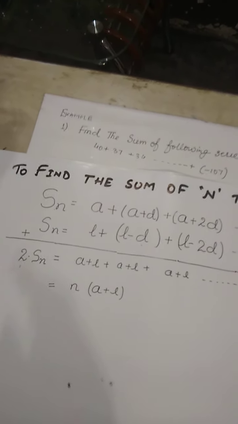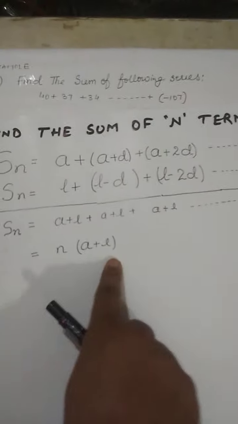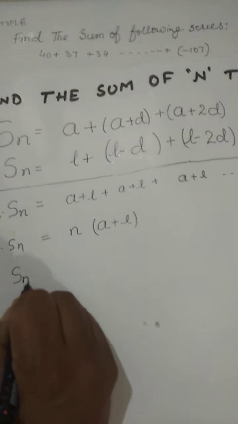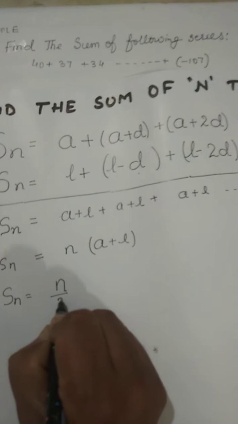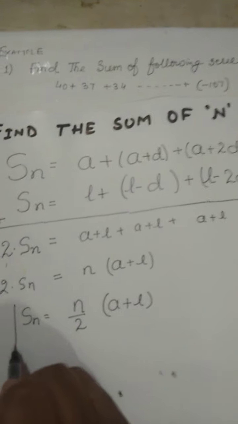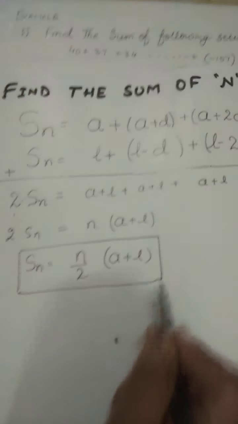Children are always confused. Why is it so? My dear, I am telling you, I have a capacity of only 100 students to sit in my class. So the last value is 100, or the nth value is 100. So here I have the capacity to find the sum Sn, up to the nth term. That's why this n is equal to the last value. So n multiplied by a plus l. This is 2 Sn. So Sn is equal to what? n by 2 times a plus l. This is your sum of n terms.